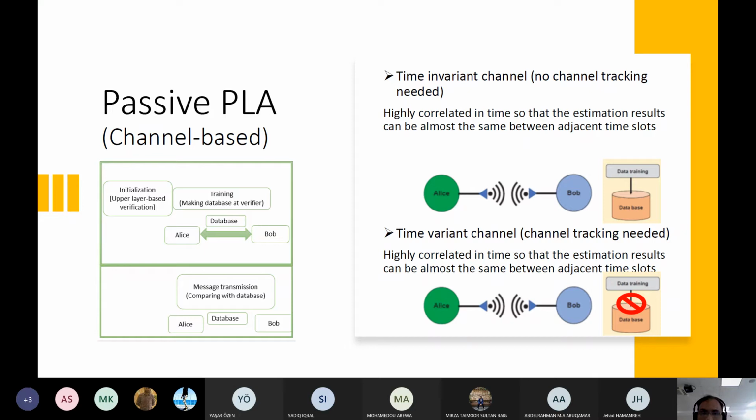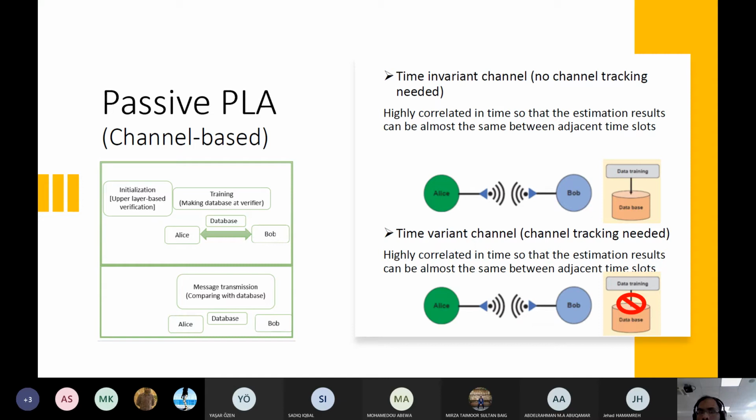But if the channel is variant, when you estimate the channel during training and then after some time again send from the same device, from Alice, the channel between Bob and Alice changes. When Alice tries to authenticate herself, the database will reject the authenticity of that legitimate user.